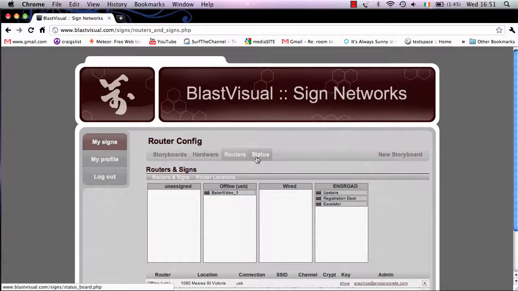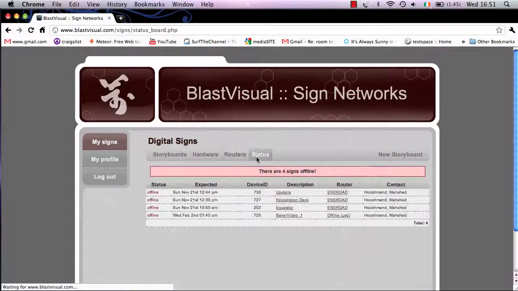Looking at the status, this is an important element of your BlastVisual account. This will show you whether your signs are offline or online. As this is only a tutorial, all our signs are currently offline. Once they're online, these will be lit up with green, and the message here will be displaying that all your signs are online. This is the place where you want to have most of your signs,